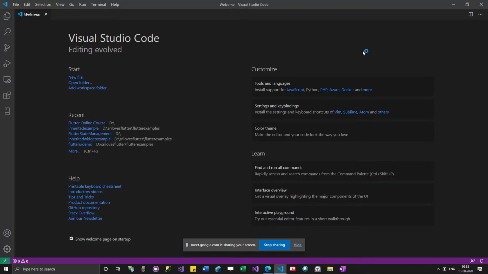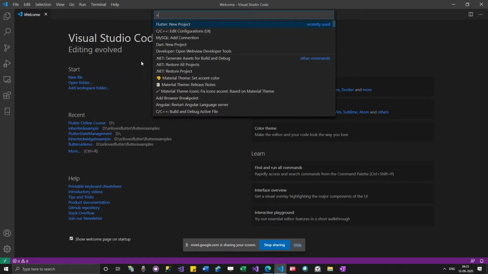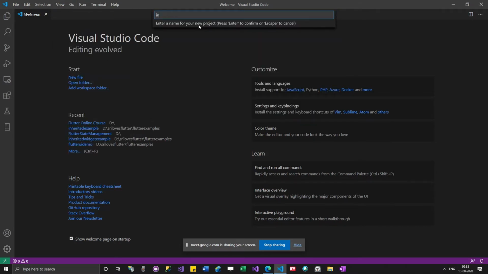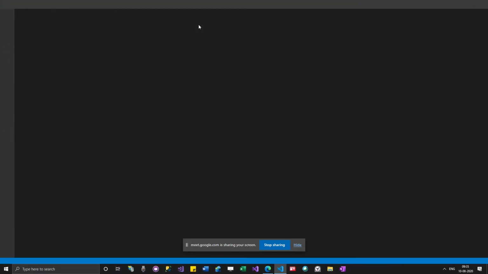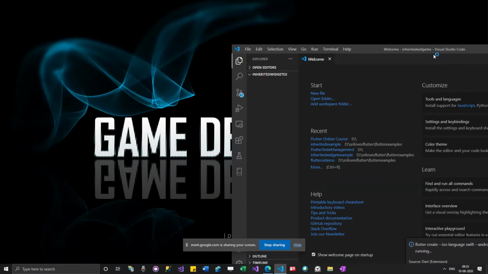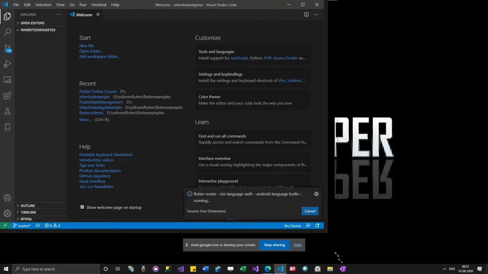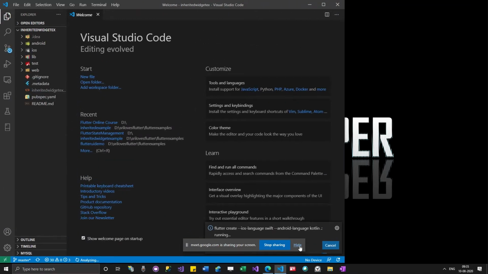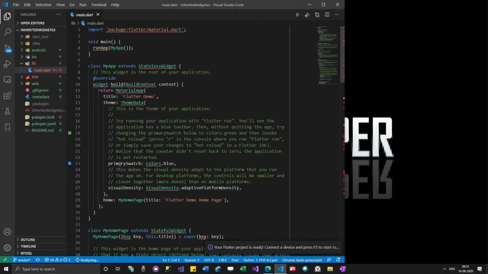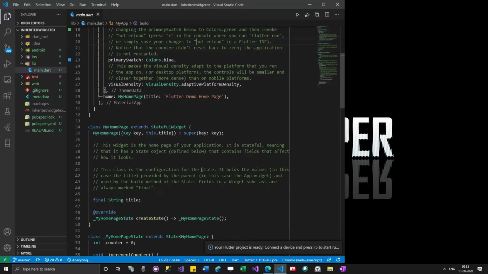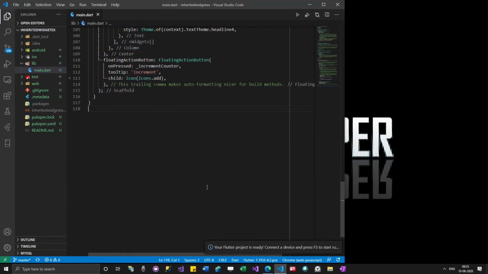I'm creating a new project for inherited widgets. I will try to show you the problem first of all, and then I will show you the inherited widget.